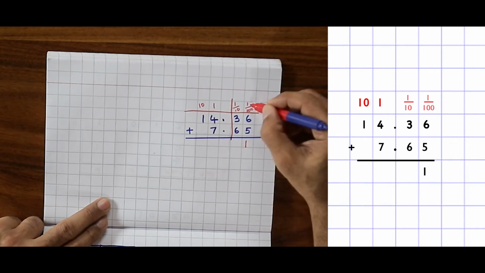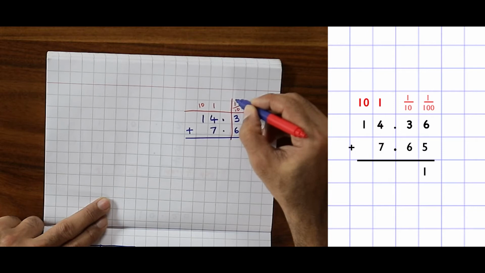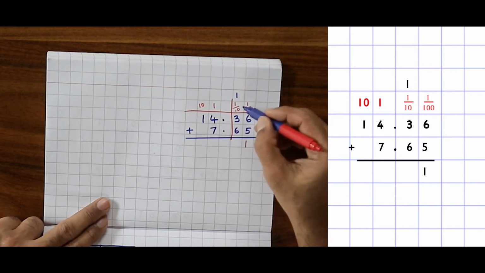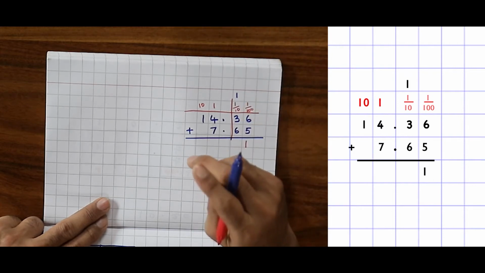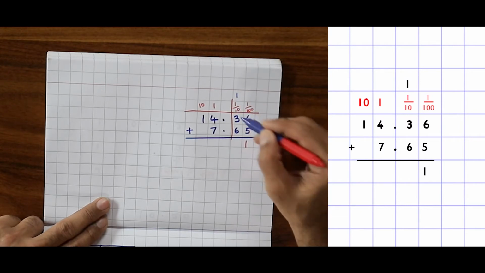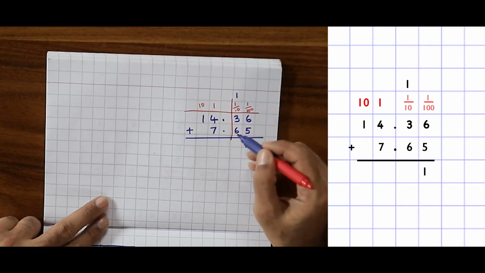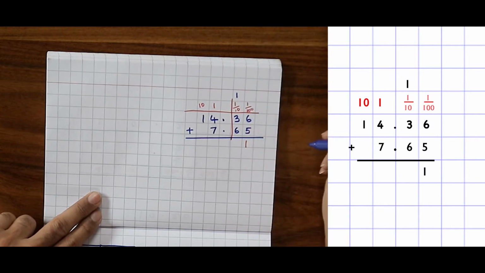1 by 100. When I moved 10 1 by 100, what did I get here? I get 1 1 by 10. We say we have carried over 1, but it is actually 10 100ths becoming 1 1 by 10. I write it here. I have 1 1 by 10. Then we have 6 and 3 is 9 and add 1, it is 10.